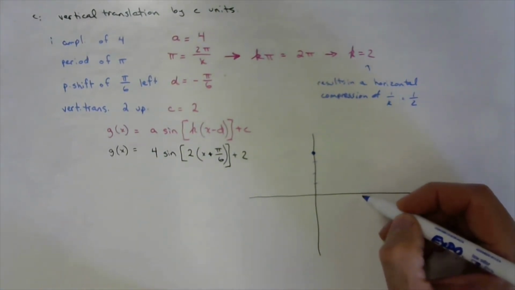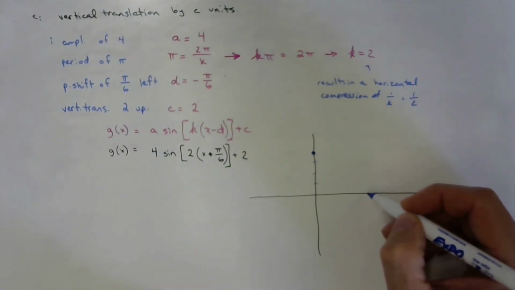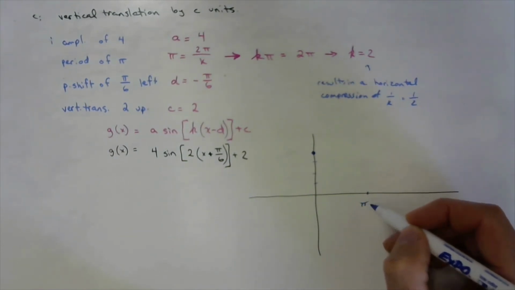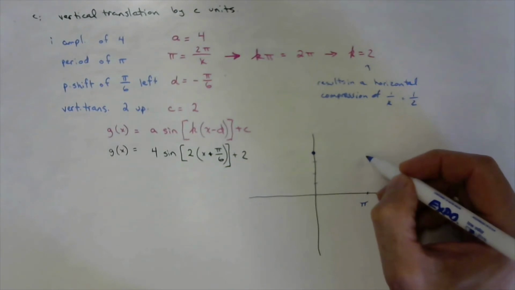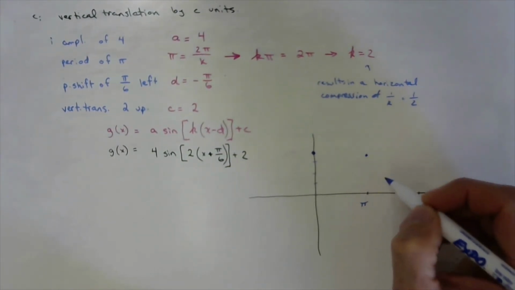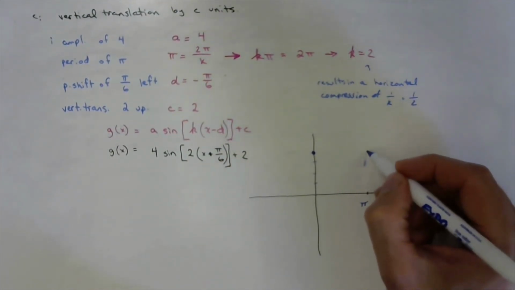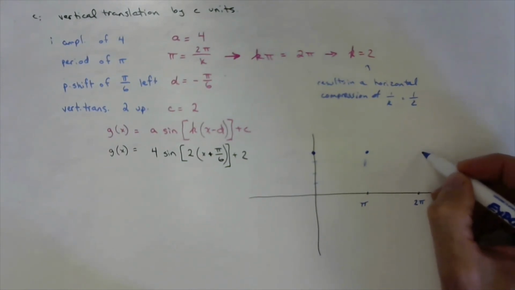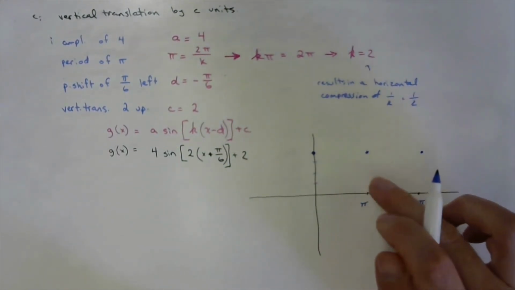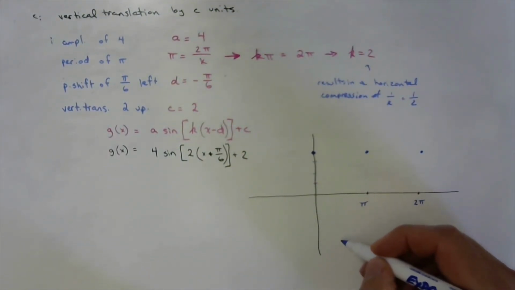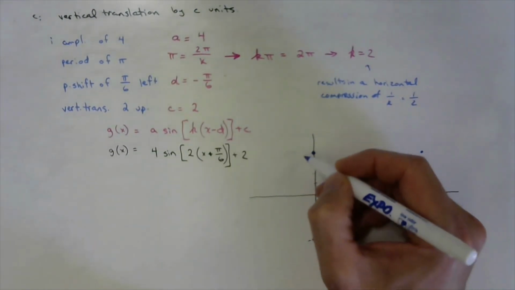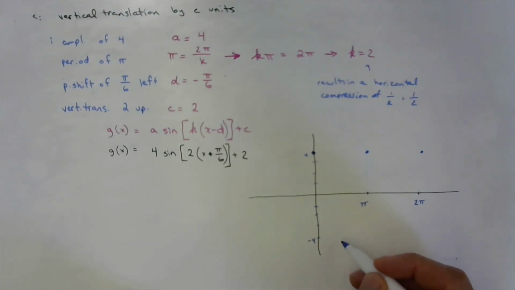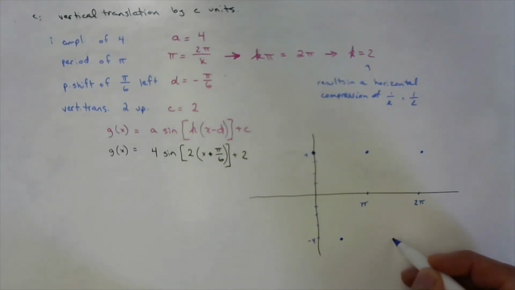So we're actually going to already change the full period length to pi instead of 2 pi, so that by the time you get to 2 pi, you would have 2 period lengths, which means that you're going to have another max about there, and another max at 2 pi, which means your minimum is 1, 2, 3, 4 down here at -4, and it's going to be at pi over 2 and 3 pi over 2,